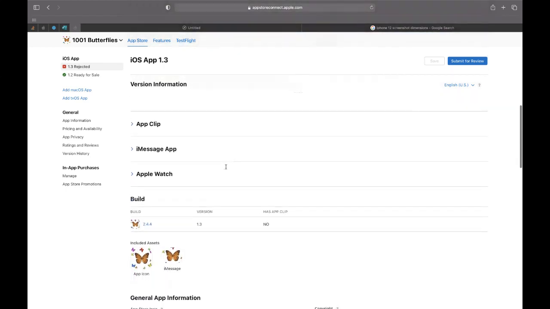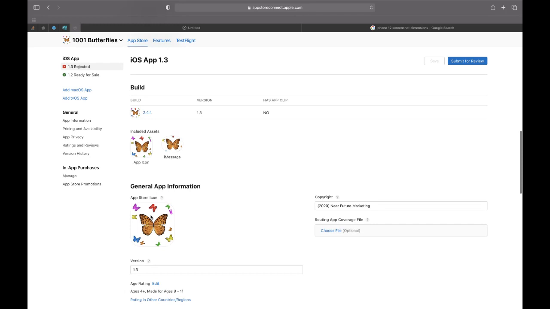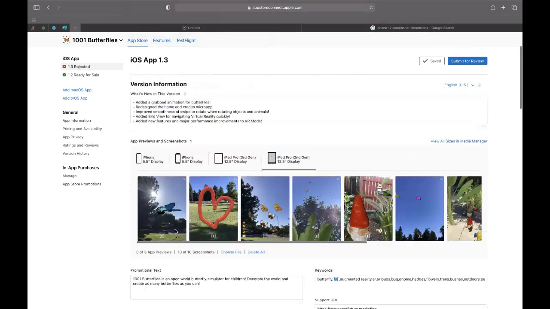From there, you would upload builds. So as you work on different versions, you upload them here, and you can then automatically select the latest version that you've uploaded, and it will automatically load in your App Store icon and everything else. And then you can also work on things like your copyright, which, it's a new year, so let's update that. And then we can save that here. Perfect. What else can I cover really quickly here?